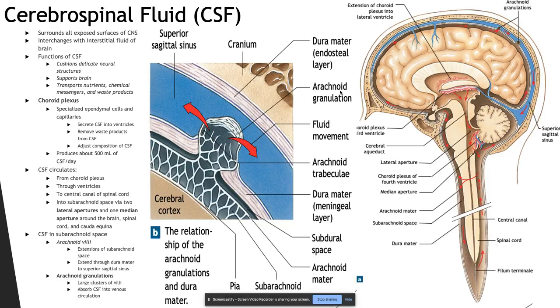In forming CSF, a choroid plexus is an area within each ventricle that, as we already talked about, produces the CSF, and specialized ependymal cells bearing microvilli and interconnected by tight junctions surround the capillary of a choroid plexus. The ependymal cells secrete CSF into the ventricles. They also remove waste products from the CSF and adjust its composition over time. The differences in composition between CSF and blood plasma